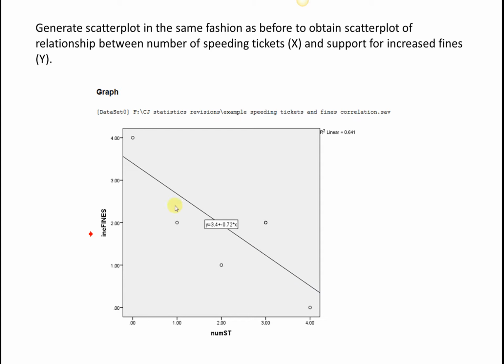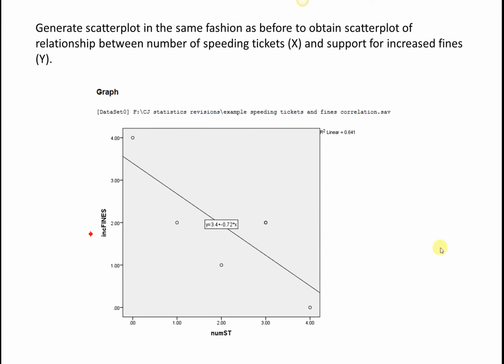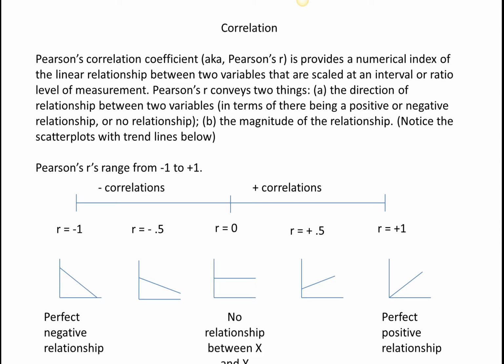in the same fashion I did earlier, you can see that we have basically a negative relationship between our two variables. Now, the scatter plot, as you can see, provides a visual depiction of the relationship between two variables, but it's not particularly succinct in terms of communicating about that relationship. So what we can do is generate a correlation coefficient to denote the relationship, and a correlation coefficient gives us an idea about two things: the direction of the relationship between two variables and the magnitude of the